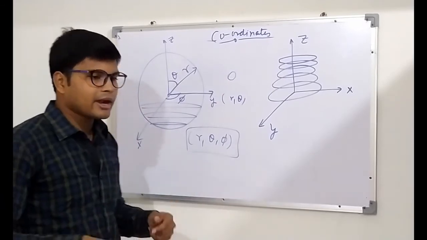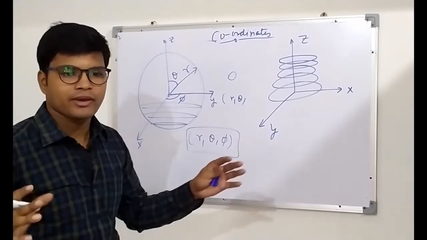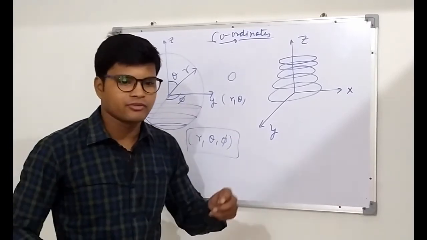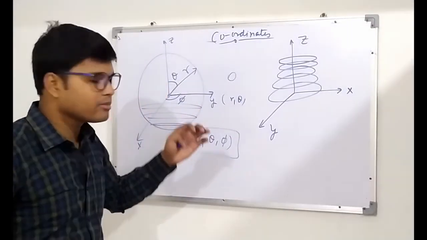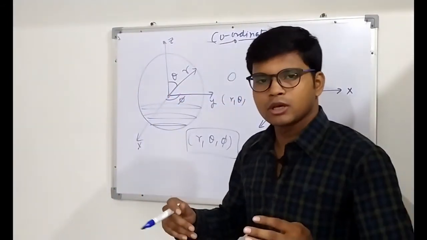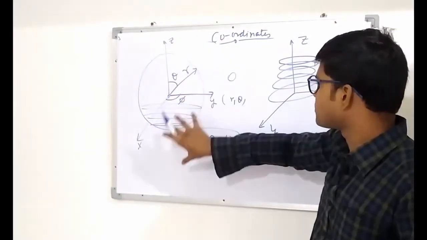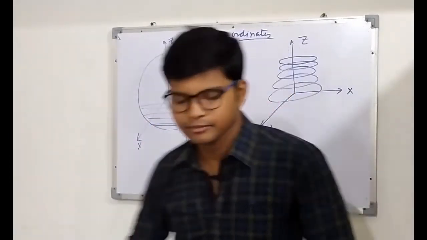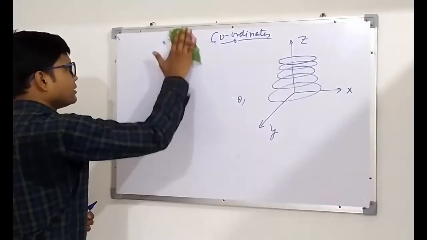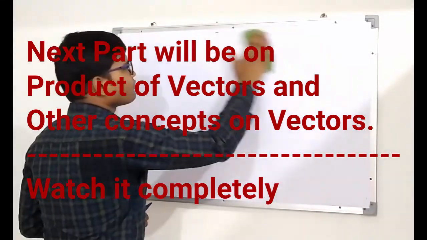So we figured out this Eulerian system, x, y, z. And then we had the polar coordinate system in 2 dimensions, and we said that we don't live in a 2-dimensional world. So therefore we moved to adding some extra dimension, and through the extra dimension we saw the cylindrical polar coordinate system, and then we saw this beautiful coordinate system about spherical symmetry. Okay, so let us move further and dig a little deeper into this concept of vectors. We have this vector